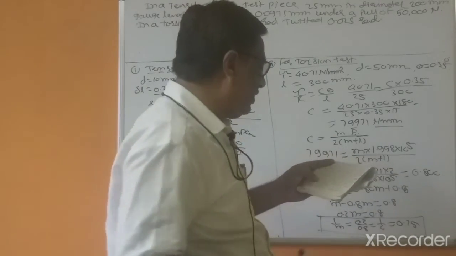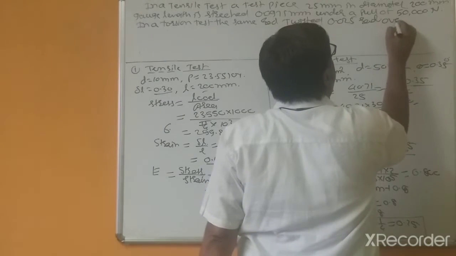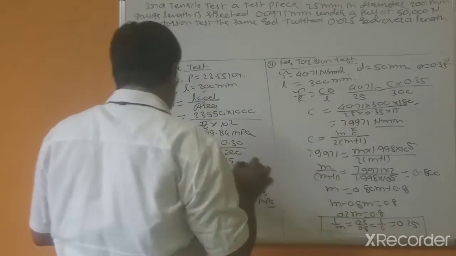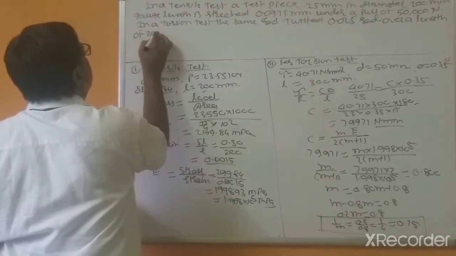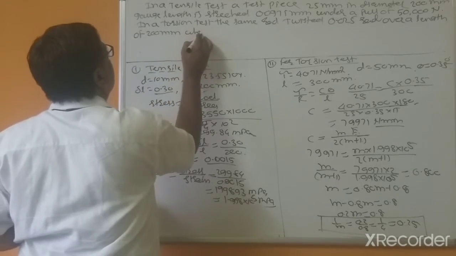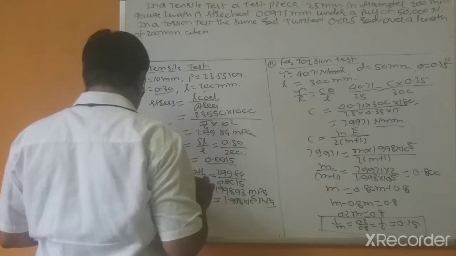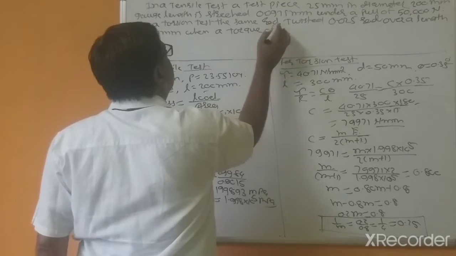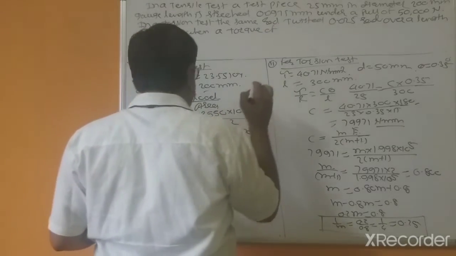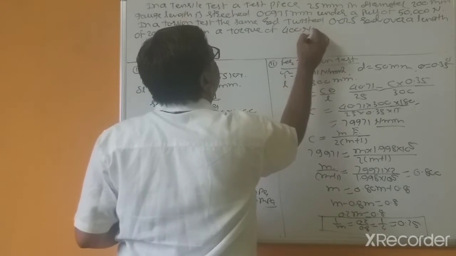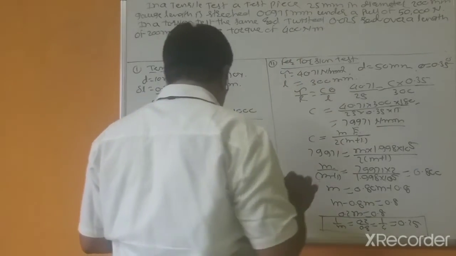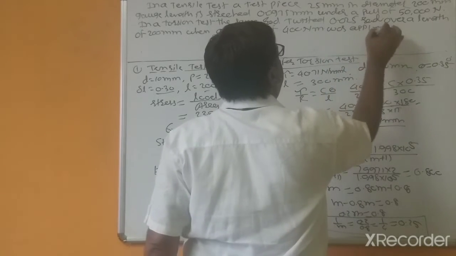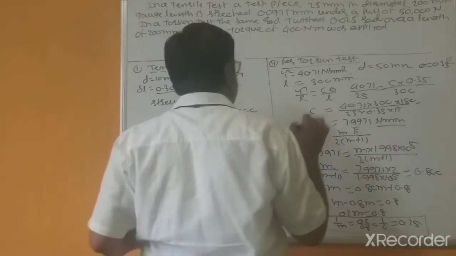Now this is radian over a length of 200 mm when a torque of 400 Newton meter was applied. Evaluate the Poisson's ratio